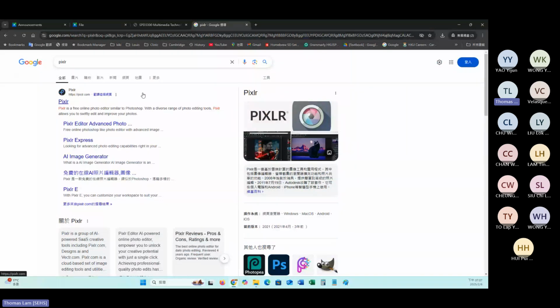This one is the online version of Photoshop, provided by Adobe, and again, it's quite powerful, but the limitation is that you cannot save or download too many files a day.